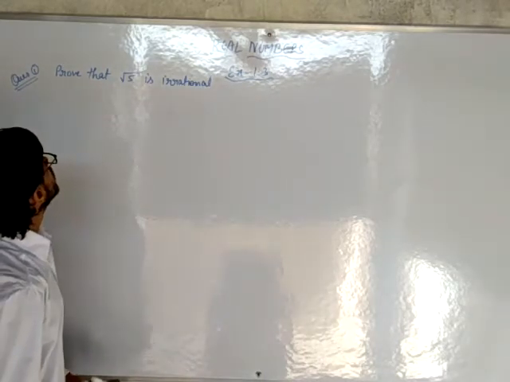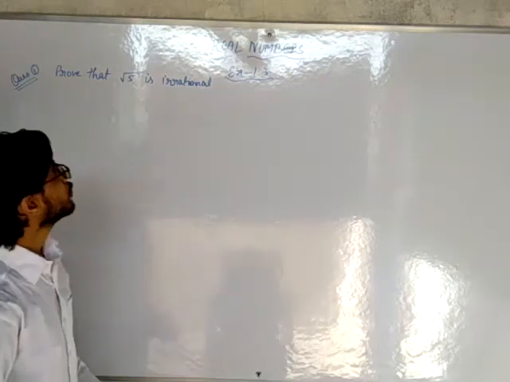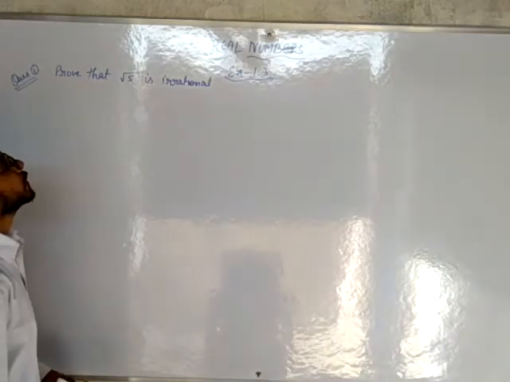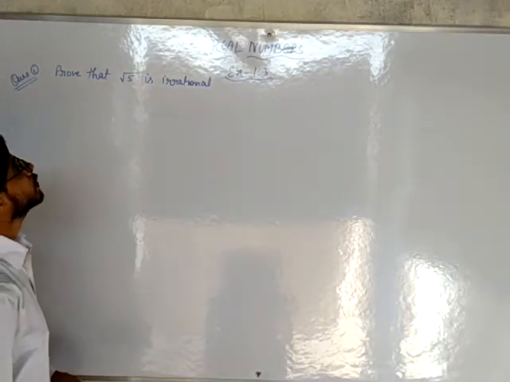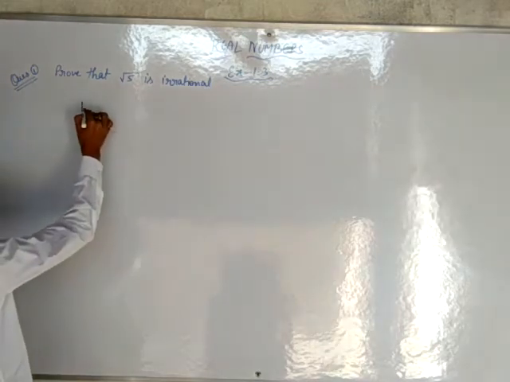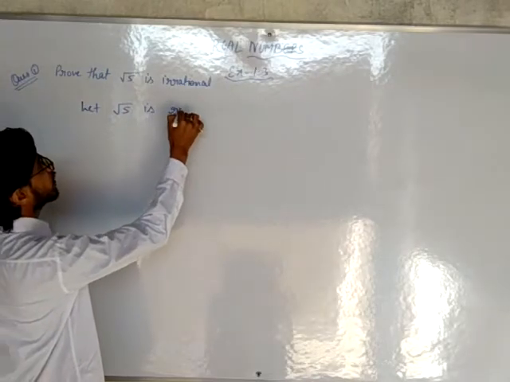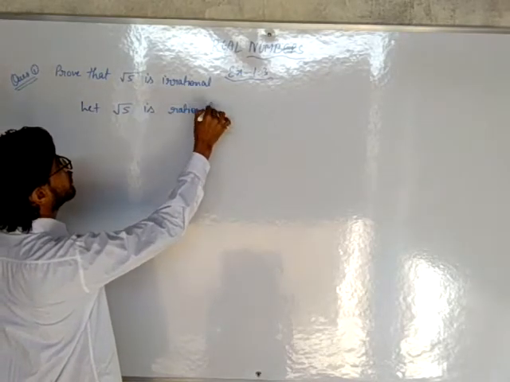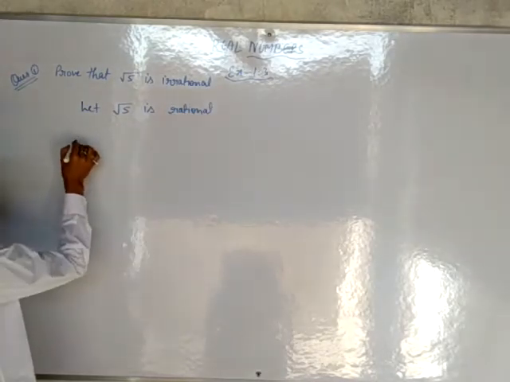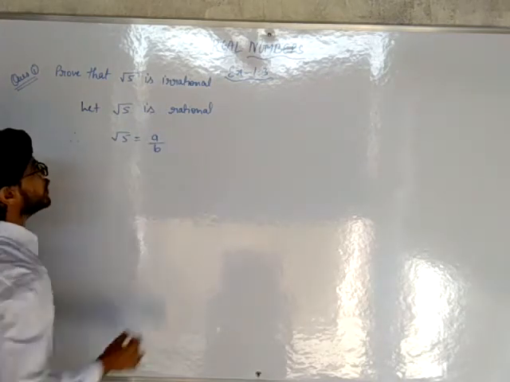Question number 1 is saying prove that root 5 is irrational. We have to prove how. So first we will assume that root 5 is a rational number. So let root 5 be rational. Therefore, root 5 is equal to a by b,